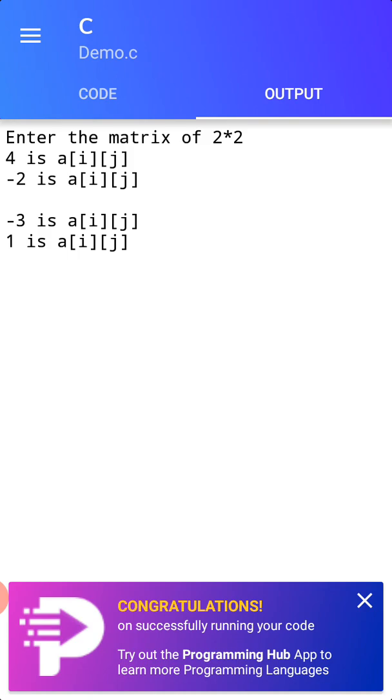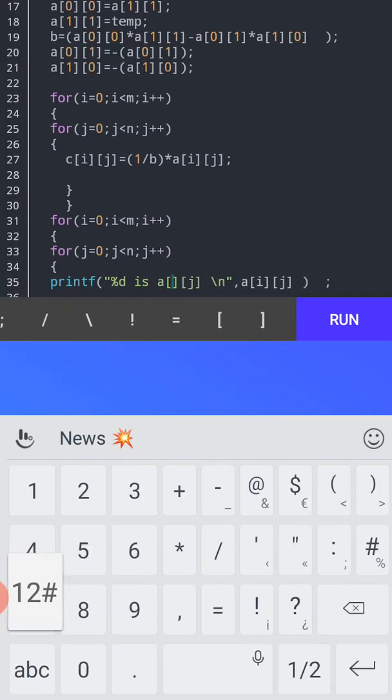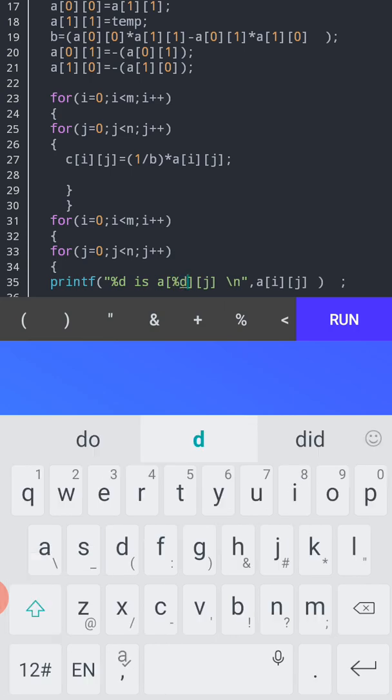I need to do another thing, that is we need to write here percentage d, which is a specifier to indicate the value. Here I am writing percentage d. Here too I am writing percentage d.